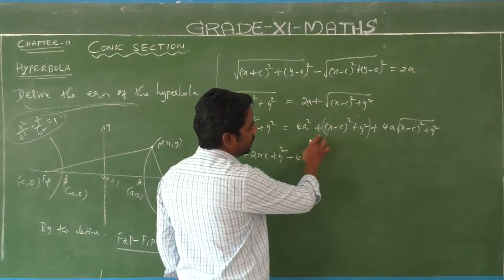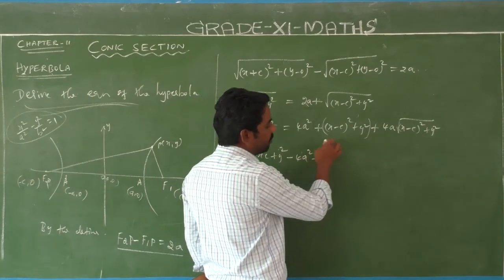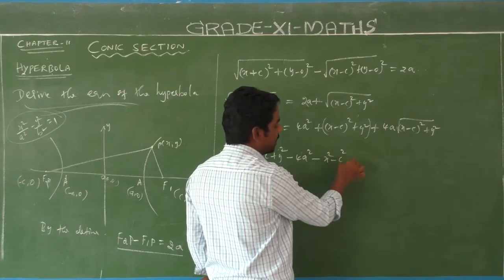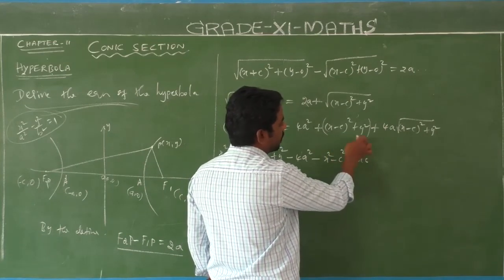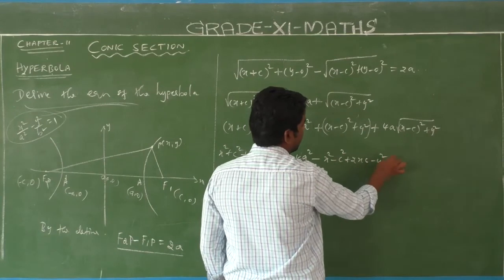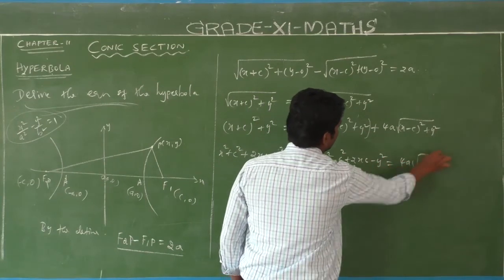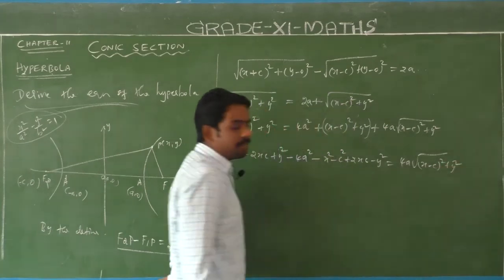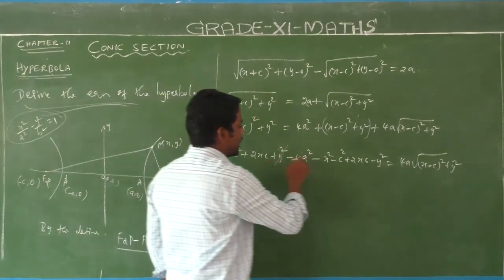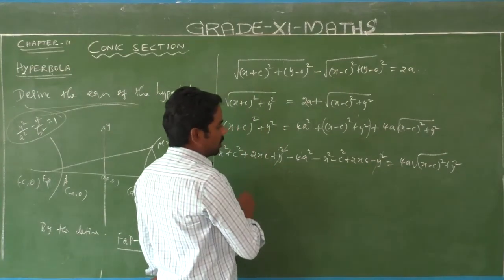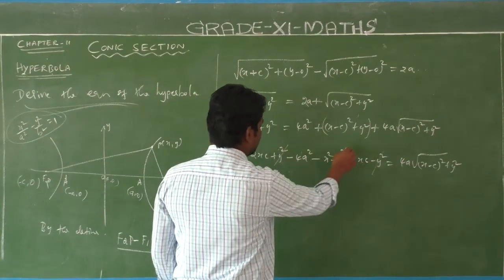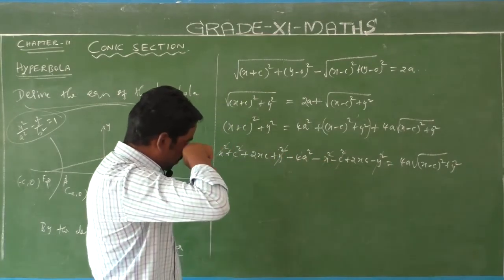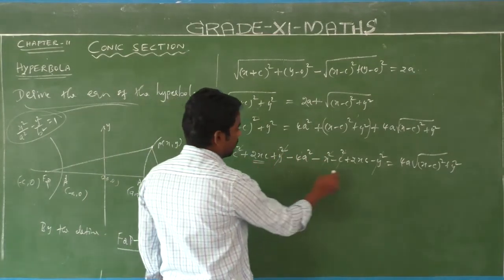is minus 4a square, and minus of (x minus c) the whole square, that is x square minus c square minus 2xc is plus 2xc, plus y square is changed into minus y square, equal to 4a into root of (x minus c) the whole square plus y square. Okay, right. Here plus y square and minus y square cancel, plus c square and minus c square cancel, plus x square and minus x square cancel, remaining 2xc plus 2xc,